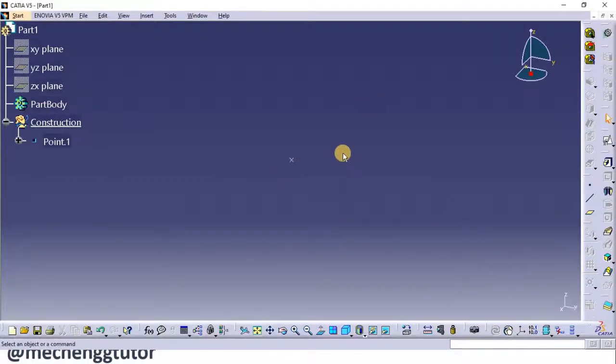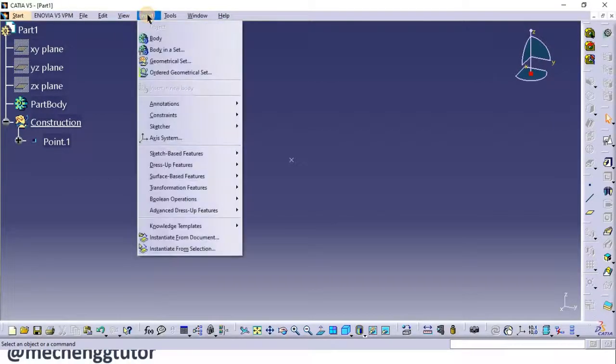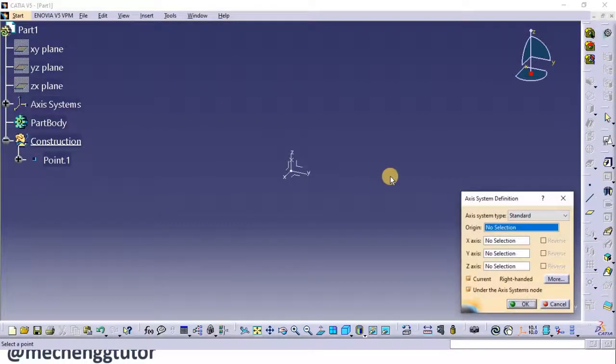I'll just say OK. Now on this point I have to insert the axis system. So I go to Insert, and here I click on Axis System. Now it will ask over here to position the origin, and this time I'll click this point and just say OK. Before saying OK, here we have different options to place this axis system. That is, we can either rotate this axis system or use the Euler angles, that is, specifying certain angles here. You can position the axis system.